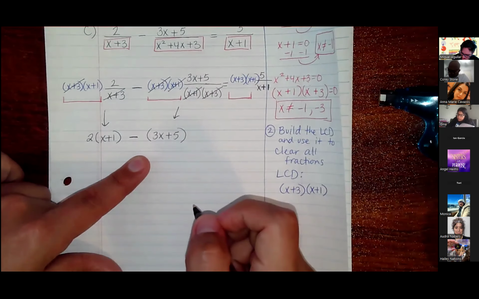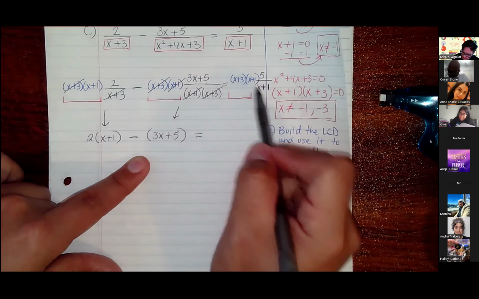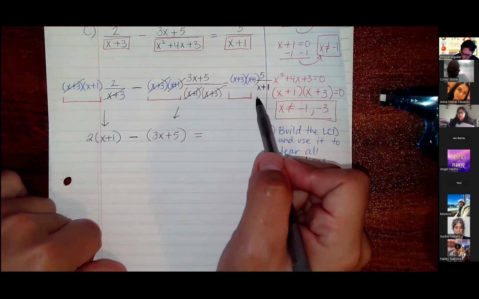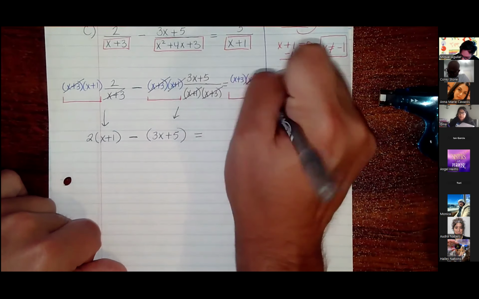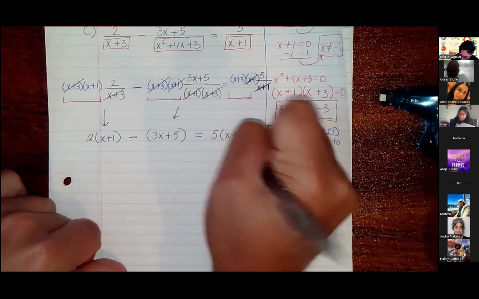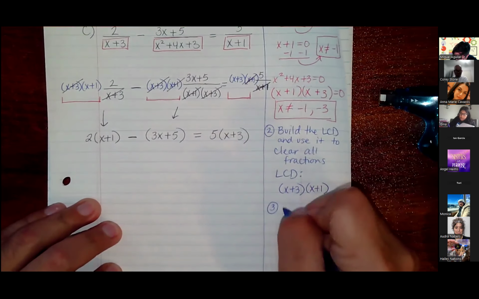So we're done with that middle term. Equals. What gets canceled out for this last term? Plus 1. Yeah, the x plus 1. That whole thing. So all we have left is 5 times x plus 3. And now we're the cleanup crew. Okay. The third step is to simplify